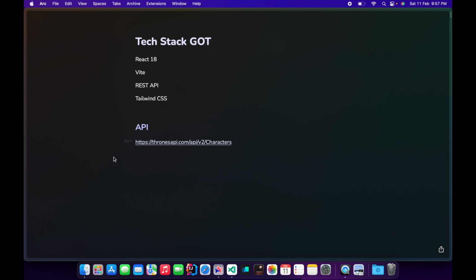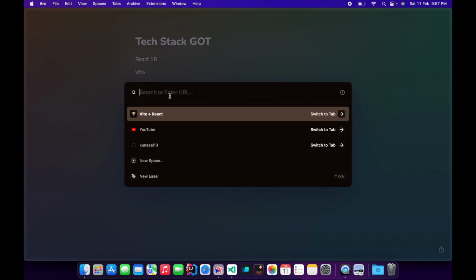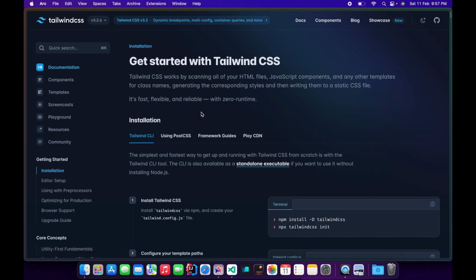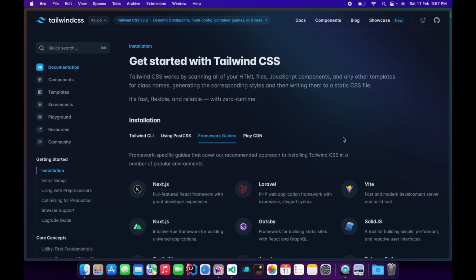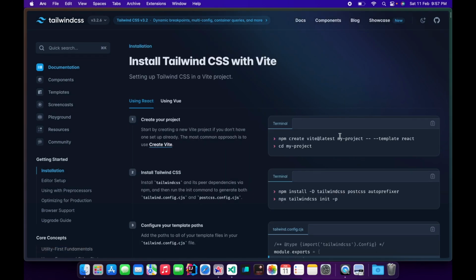So, let's get started. The first thing I want you to do is go to tailwindcss.com and here go to docs or go to get started. Next we need to go to this frameworks guide and we need to go to this Vite. So click copy this out